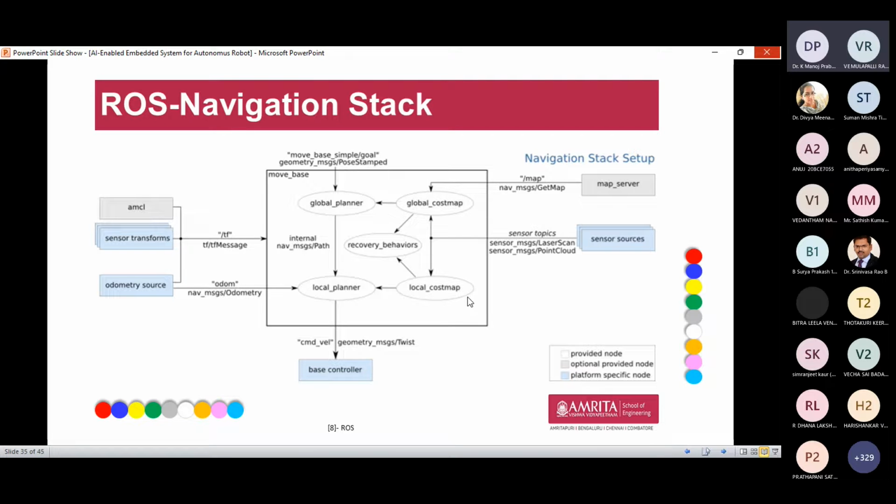This is the navigation purpose, how direction is taken from one point to another, for example grabbing an object and taking it from one place to another. These global and local paths can be constructed using SLAM, your simultaneous localization and mapping technique. So this is the basic architecture of the ROS navigation stack.